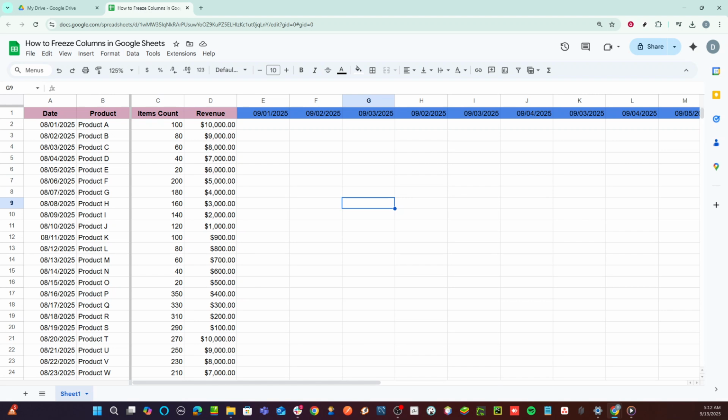Remember that practice makes perfect, so don't hesitate to try freezing different columns in different sheets to find the best